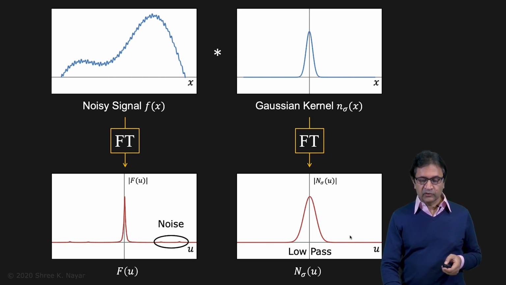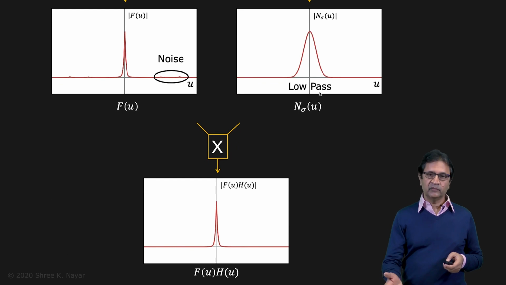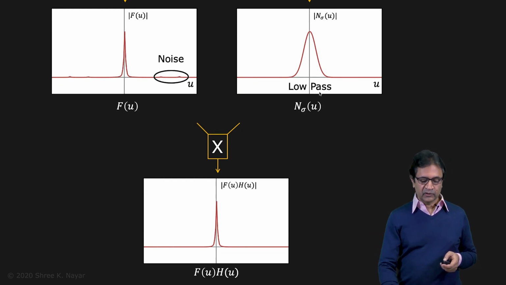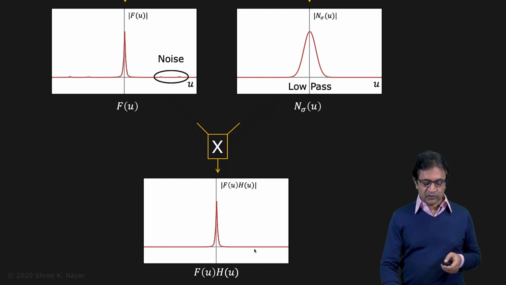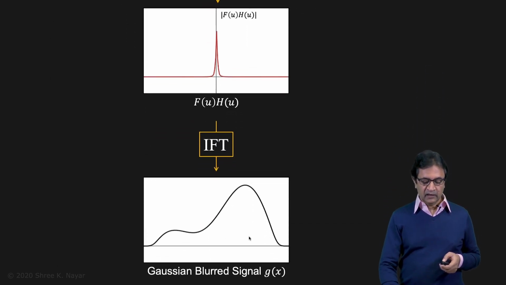And so now what you're going to do in frequency domain is essentially find the product of these, because remember, convolution in spatial domain is multiplication in frequency domain. So find the product of these two Fourier transforms, and you get this. And you can see here that the little bumps that correspond to noise are pretty much gone. And now if you find the inverse Fourier transform of that, you end up getting this clean signal. And for comparison, if you look at the original signal with noise, it looks like this.